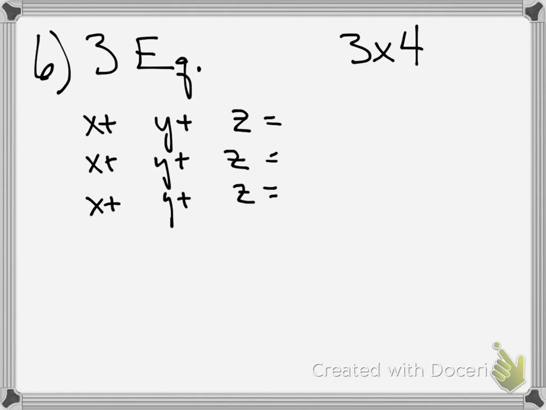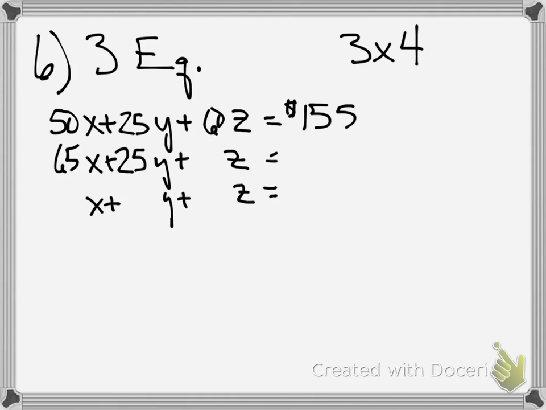Okay, finally for number 6, that's 3 equations, 3 unknowns. It's pretty straightforward. If you read it, you can tell asparagus is the X, broccoli is the Y, cabbage is the Z. This is just a very long money problem. They sold 65 pounds of asparagus, another 25 pounds of broccoli, and 60 pounds of cabbage, and they made